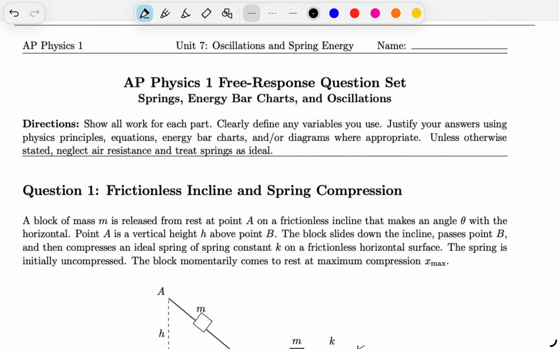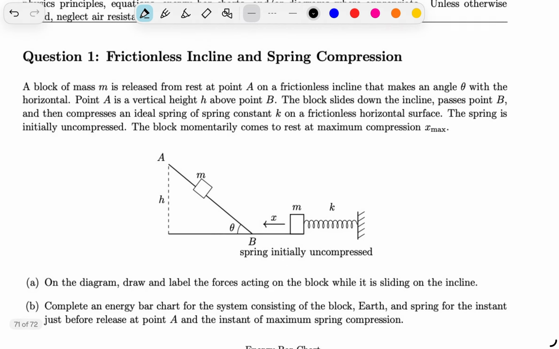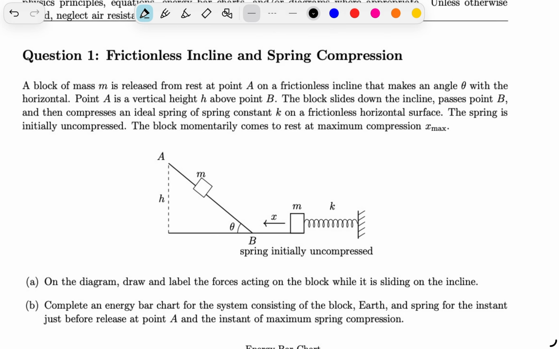In this video, we're going to be doing a Unit 7 Oscillations and Spring Energy FRQ for AP Physics 1. Before we start, you can go into the description and download the PDF with these 3 questions and try to solve them yourself. So, for question 1, we have a block of mass m that is released from rest